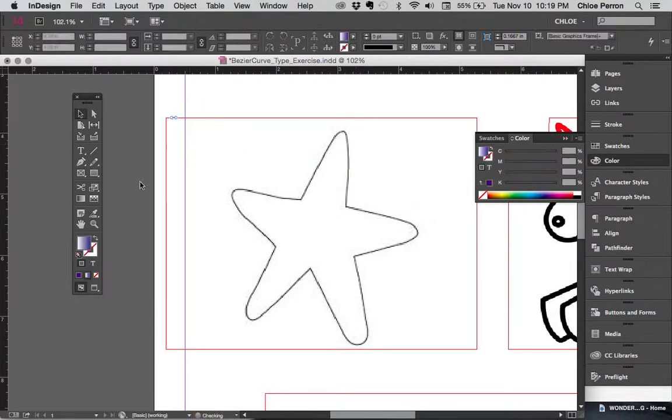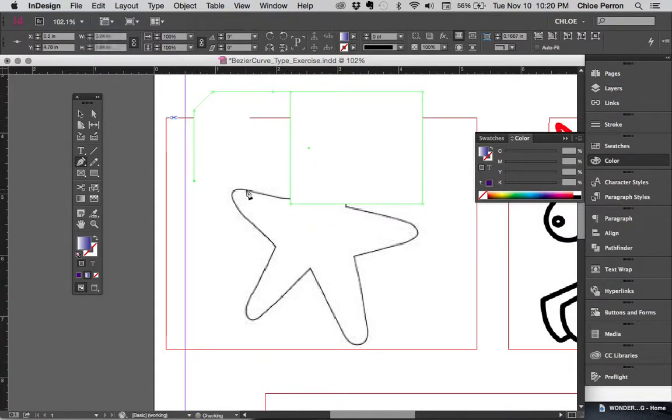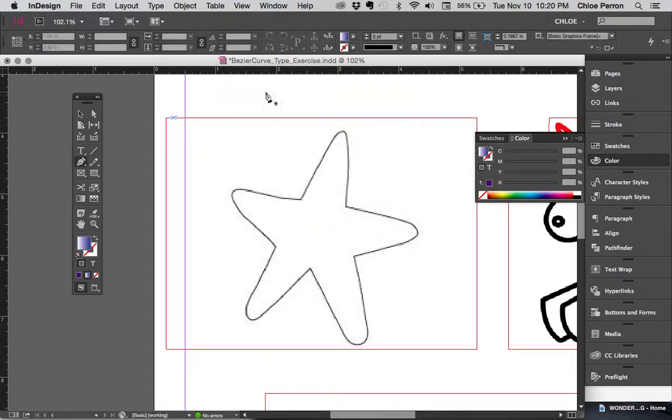I can also just delete that. I can do straight lines. I can delete that again. If I press Shift and click, I create perfectly 180 and 90 degree shapes. Delete, delete. Now if I want to do a curve, I have to click and